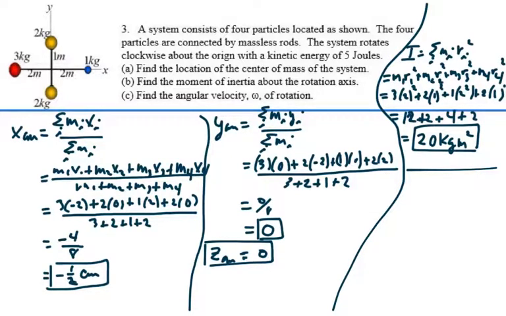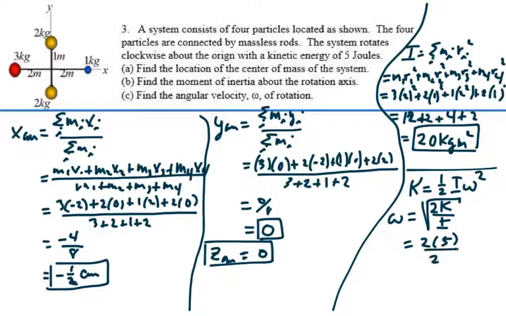We want to find the angular velocity omega. We're given the kinetic energy, which would be 1/2 the moment of inertia times the angular velocity squared. So the angular velocity is going to be the square root of 2 times the kinetic energy divided by the moment of inertia, which in this case would be 2 times 5 joules divided by 20 kilogram meters squared, and that is equal to